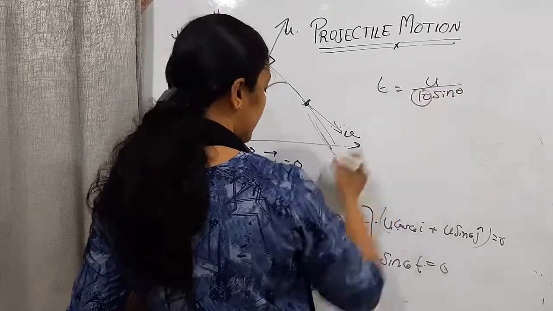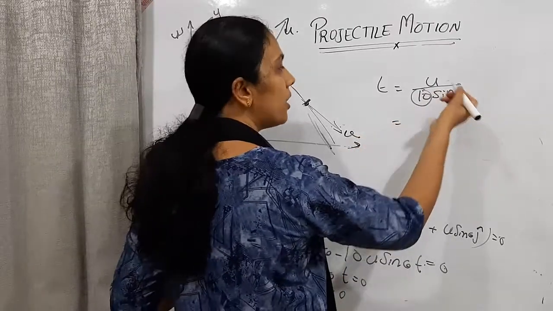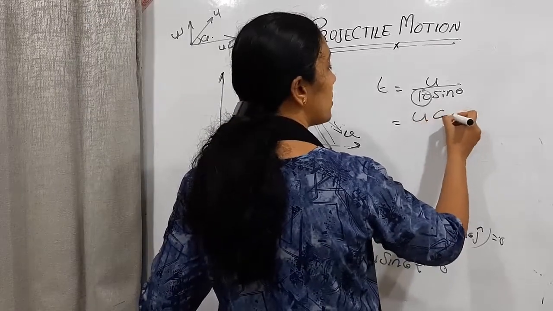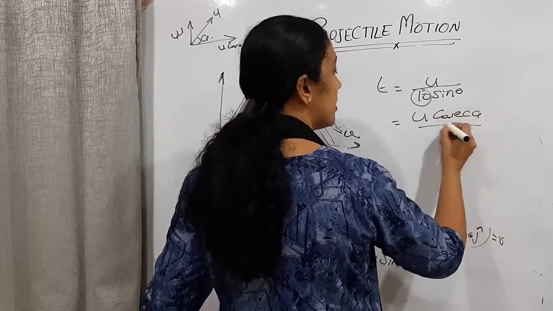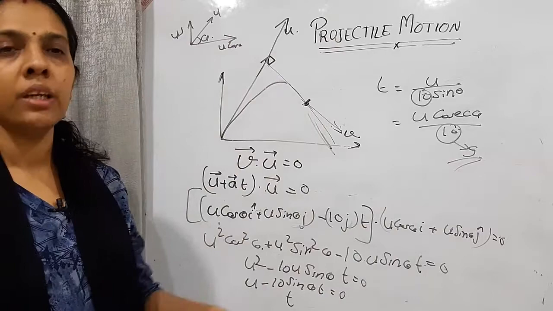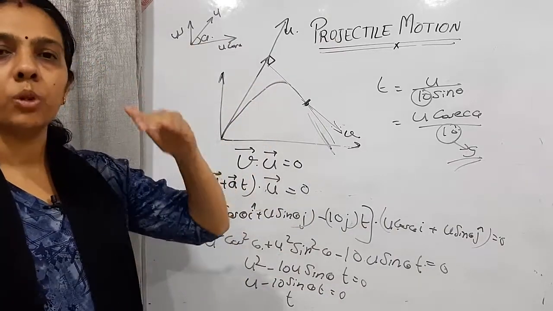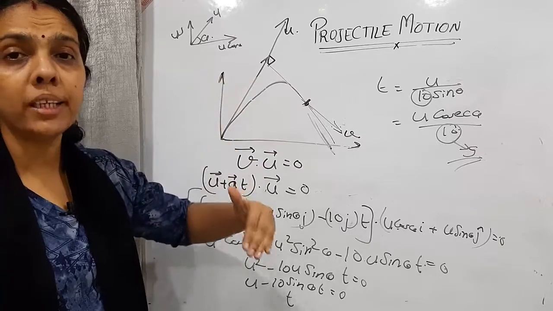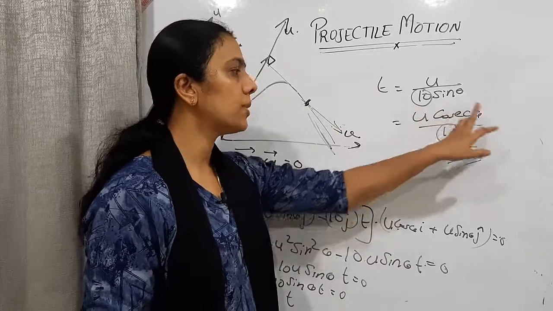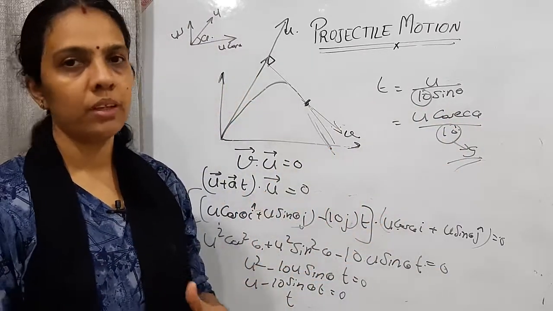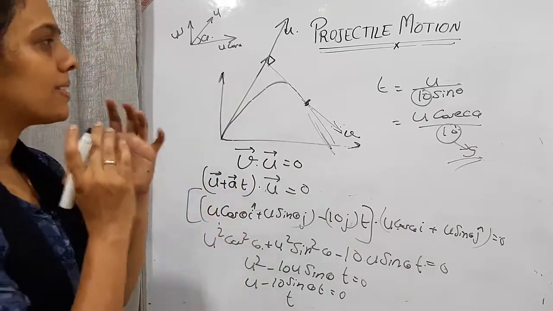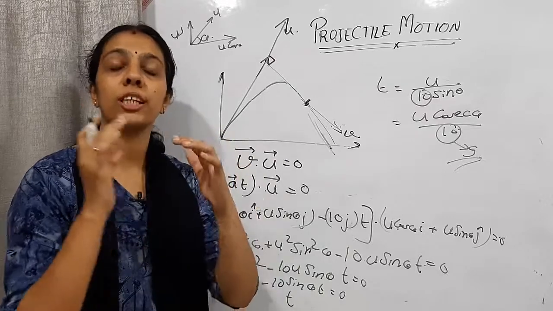What is this 10? We converted g as 10, right? Otherwise, you can write g also if we are not considering it as 9.8. Or you can write it as u cosec theta divided by 10, or instead of 10, you can write g also. This one you learn as a condition: at what time the initial velocity vector will be perpendicular to the velocity vector. That will be u cosec theta divided by g as the formula. That one as a formula you can learn by heart and keep. It will be easy. Okay, so this is one of the methods to solve the projectile motion questions.